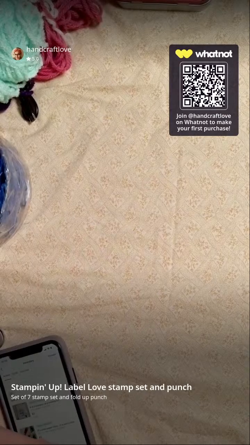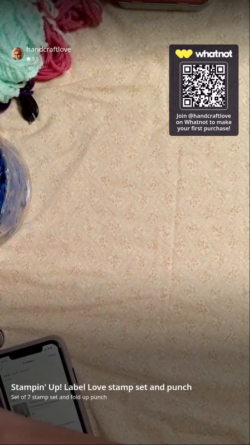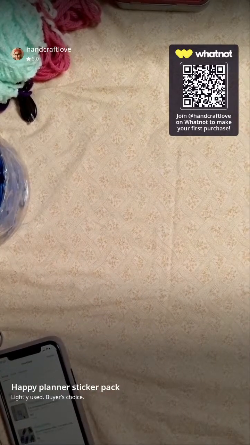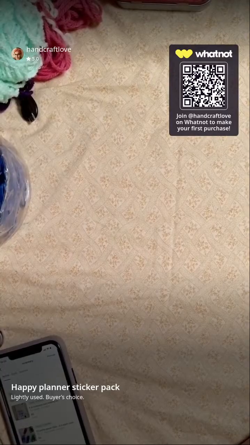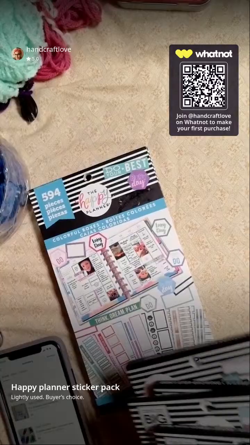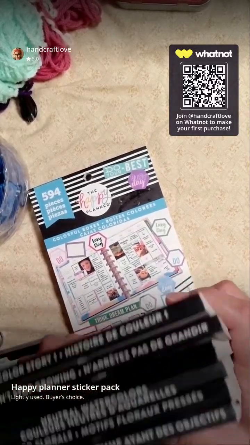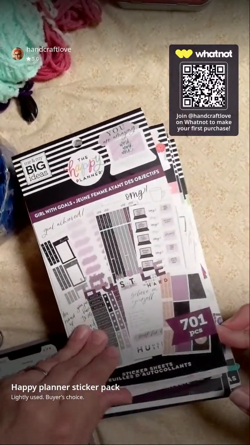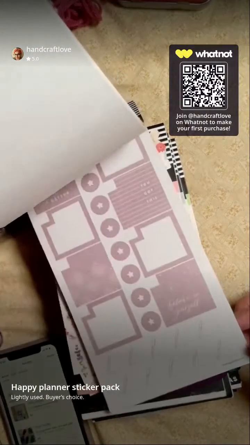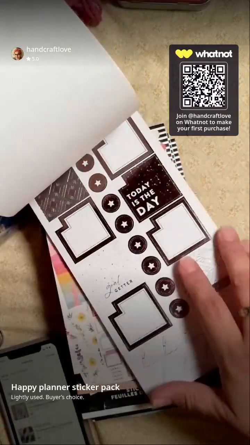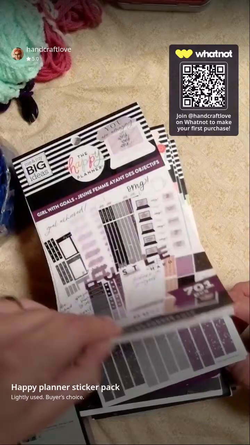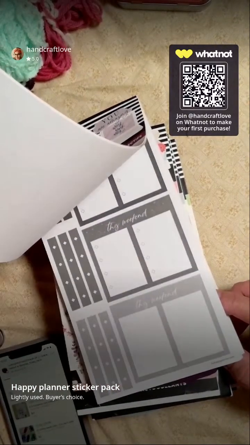Let me check another thing here. I wanted to show the Happy Planner stickers that I have. I found a whole bunch at the thrift store, and I was like, yes. So some of them are used, but they have a good amount of stickers. Like these are full. I love the purple tones of this one. So they got, you know, dark colors